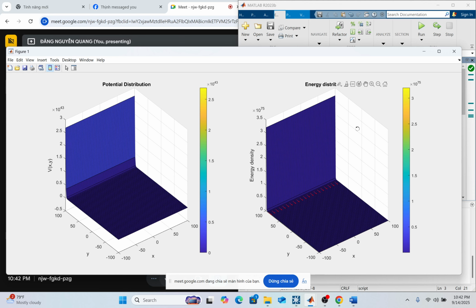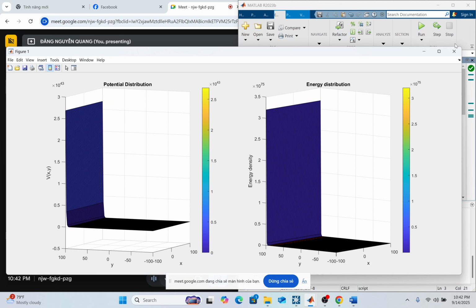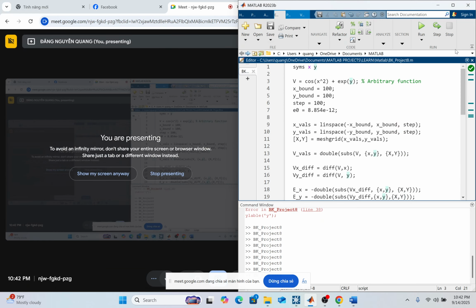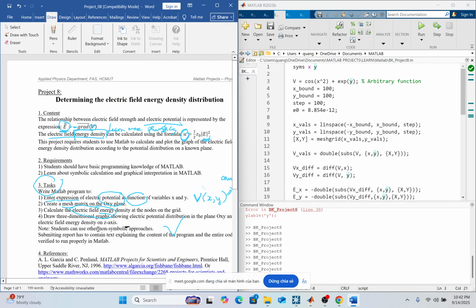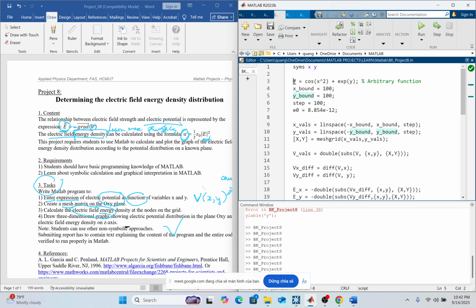That's it. And it satisfies the demand of the prompt here, that you will be able to plot any field by entering any expression of the potential. And remember, I was able to do this because I took every v differentiation. Here I use the diff function so that I can input anything here, and the v diff and the vx diff and vy diff will be altered corresponding to my input.